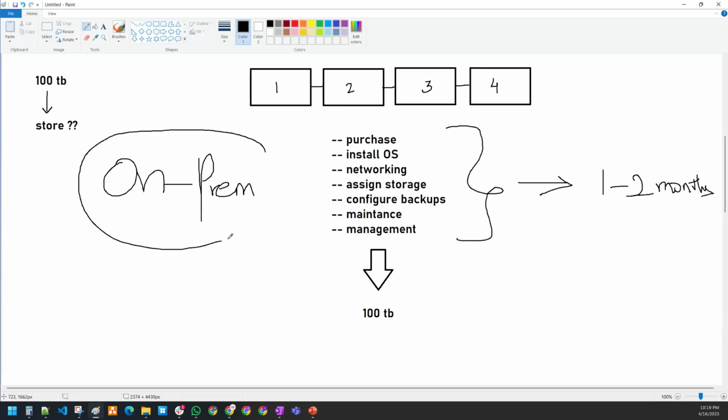So if you are working in a culture where you take care of everything on your own, where you take care of everything when it comes to storage, processing or analyzing, if your company is taking care of all of these activities on their own, that company is following an on-premises working culture. That takes a lot of time. So that's where people were looking for alternative solutions. That's where cloud came into the picture.